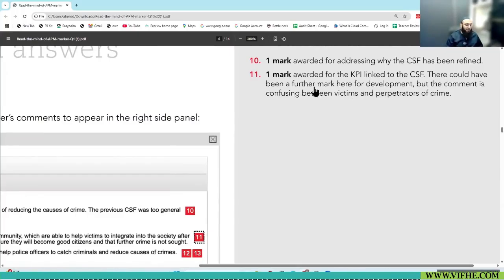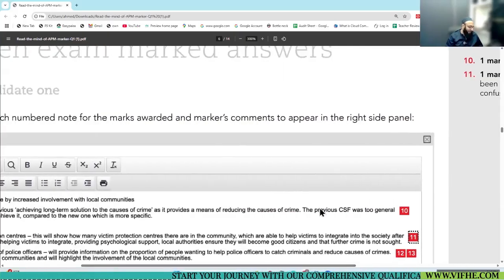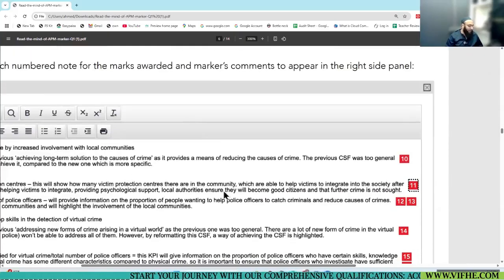There could have been a further mark here for development, but the comment is confusing victims with those who are doing the crime. So see what the student has done at the end. The last statement is all rubbish. He's saying that if you help victims, they will become good citizens. Oh man, they haven't done anything wrong.